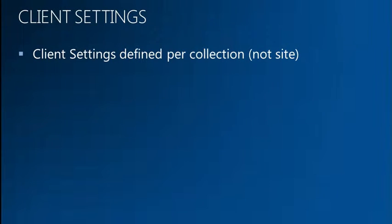Client settings. You'll hear a lot about granular client settings, collection-based client settings. Let me briefly summarize them. It basically means you can define client settings which are now per collection and not per site. So no more needing a primary site just because those users do or do not want to be remote controlled,